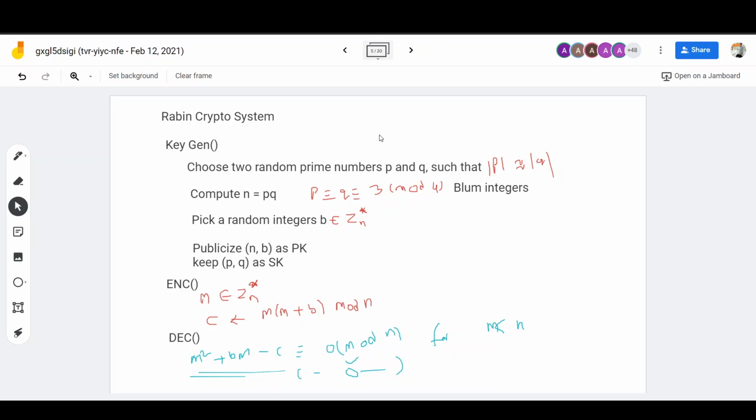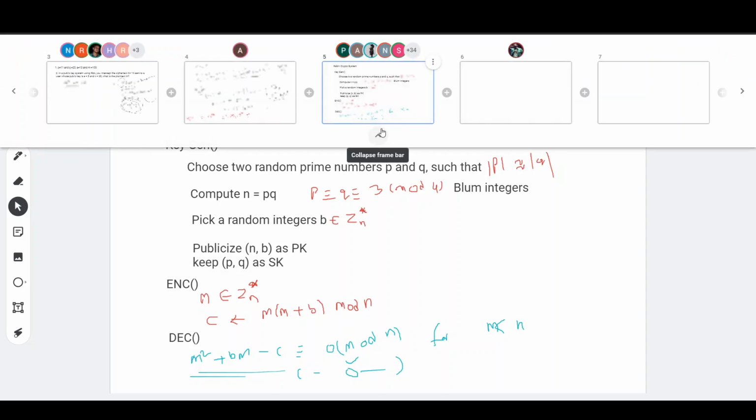Whatever attacks we discussed, the same attacks we can overcome with this Rabin cryptosystem. But this Rabin cryptosystem has its own drawback: it produces 4 plaintexts. Out of 4, 1 is the correct plaintext which was generated by the sender. So understand these algorithms. There is a big modulo arithmetic operation, the square root modulo operation, you have to find that, and you will get the result.